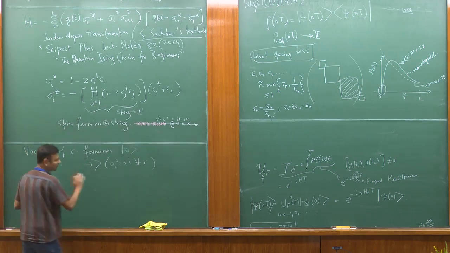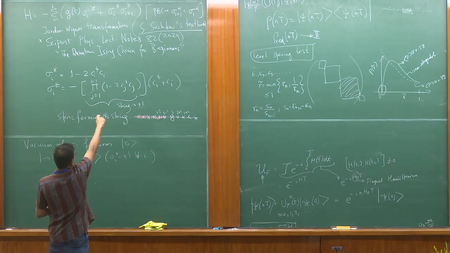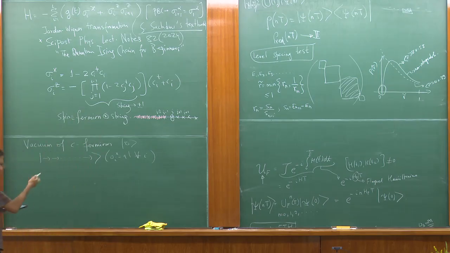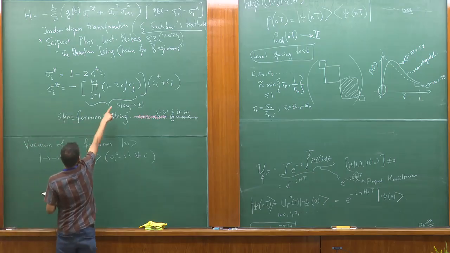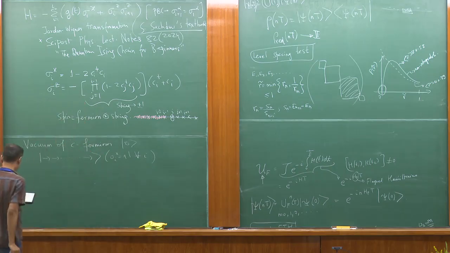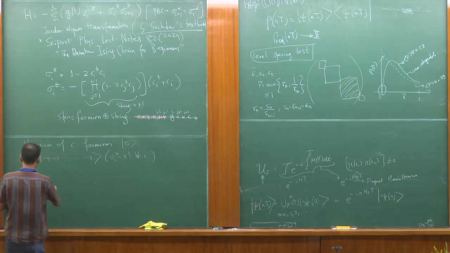Now, as I said, I'll skip many steps because I want to get to the meat of it. And anyway, this is really textbook stuff. If you see, for example, Sachdev's textbook, or for much more detail the Suzuki paper that I have indicated, you can fill in the missing steps if you don't already know them. So if you take this transformation and plug it into that Hamiltonian, for simplicity right now, let me suppress the time dependence of g. I'll later just put it back. It's very straightforward. So if you do that, then that Hamiltonian becomes